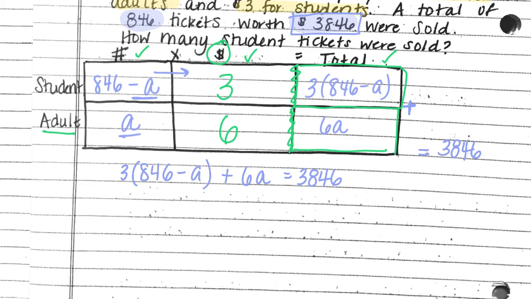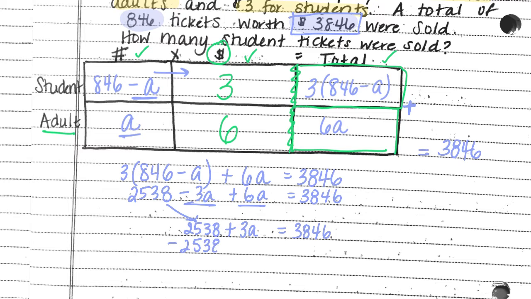So let's go ahead and do this math together. 846 times 3, I'm getting my calculator out, is 2,538 minus 3A plus 6A equals 3,846. Let's add like terms. Negative 3A and positive 6A is a positive 3A. And we're just bringing this down, 2,538. I'm going to subtract 2,538 from each side. And if I subtract that, 3A is equal to